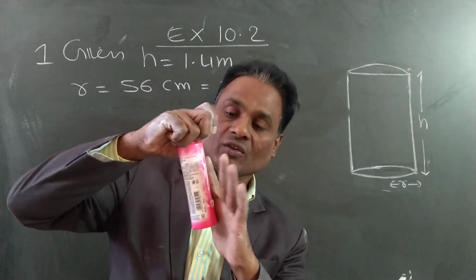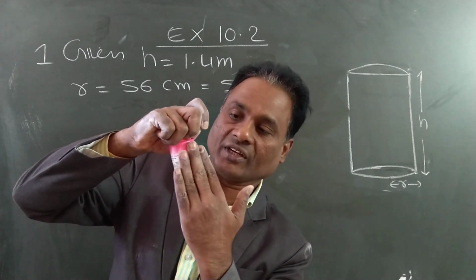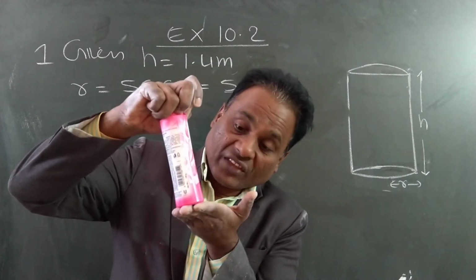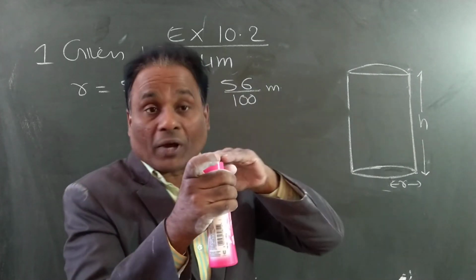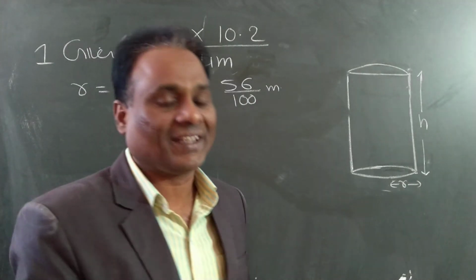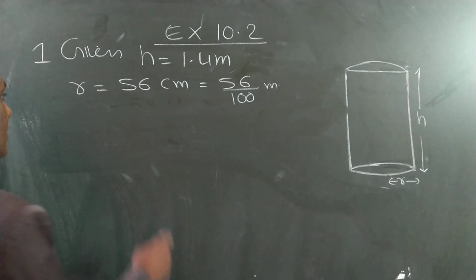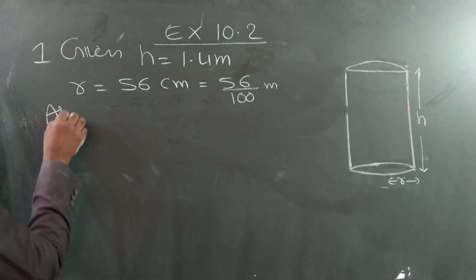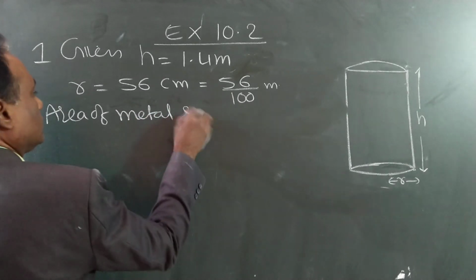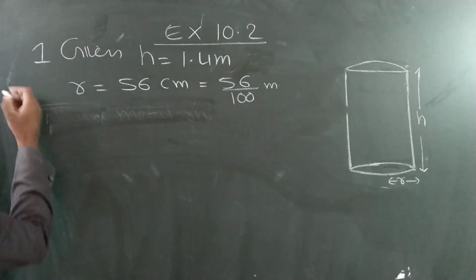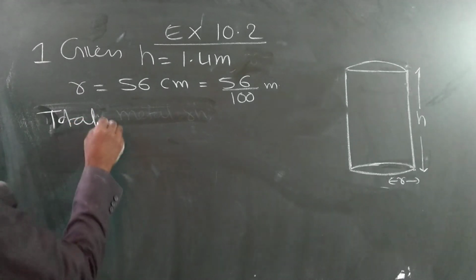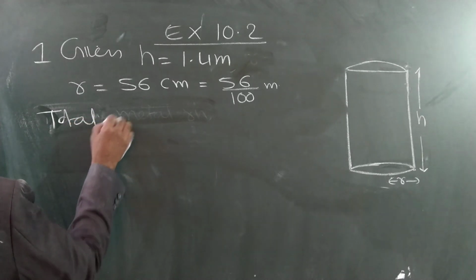See, here we are using the metal sheet. All round we use the metal sheet. Base also, top also. That is nothing but total surface area we have to find. See here. Area of metal sheet, or directly write down total surface area. Last we will write that statement. Total surface area